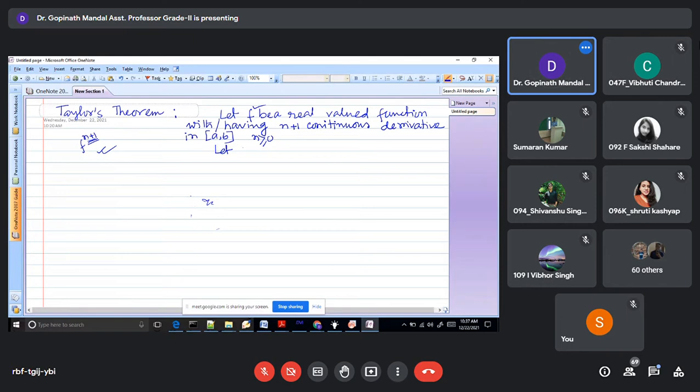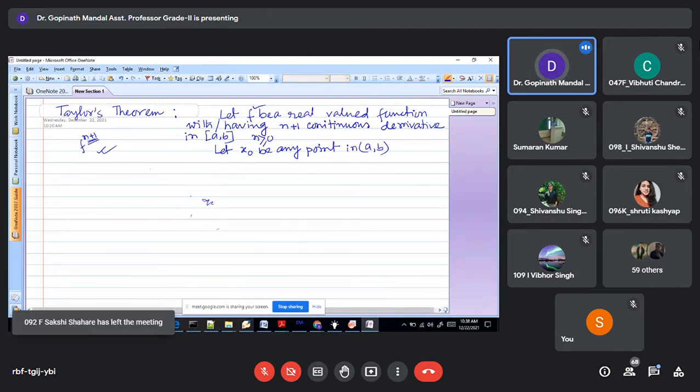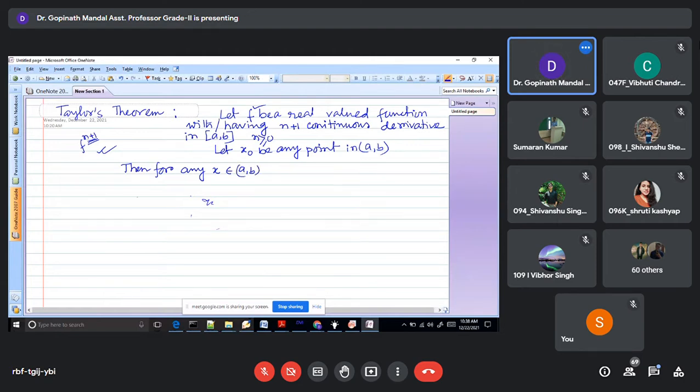Let x0 be any point belonging to AB. Then for any x belonging to AB, f(x) can be written as f(x) equal to